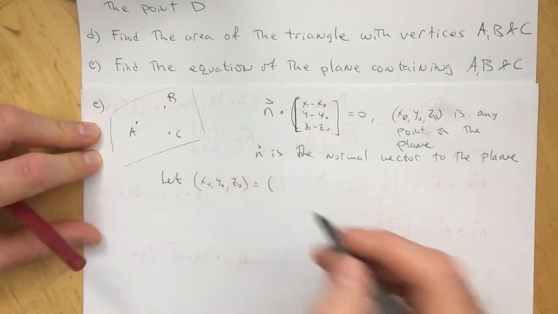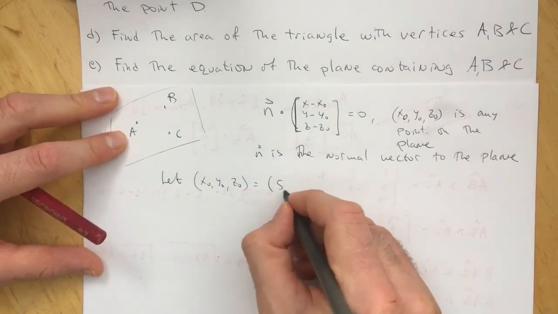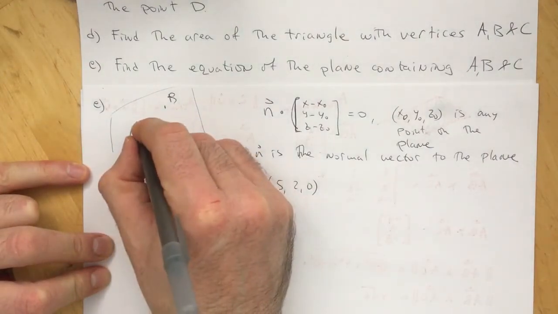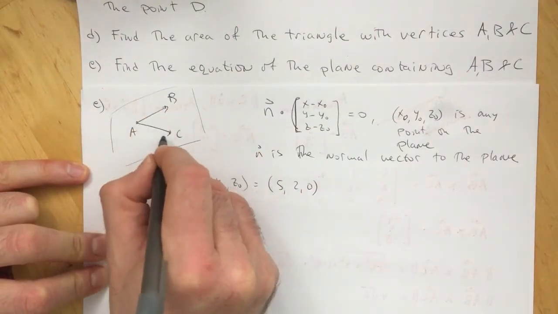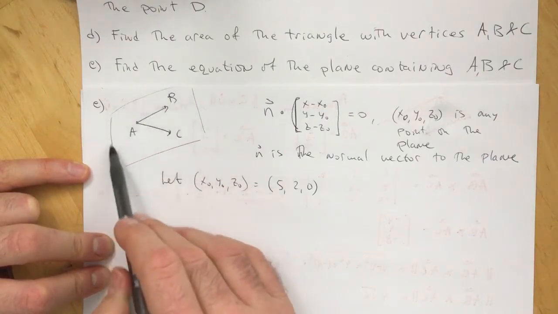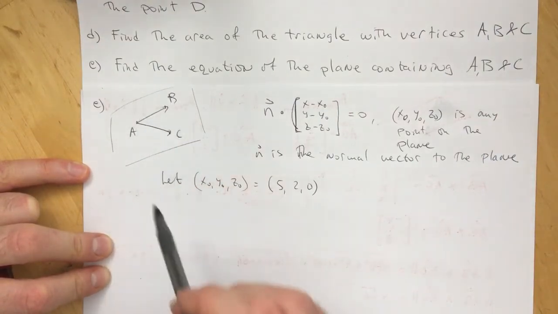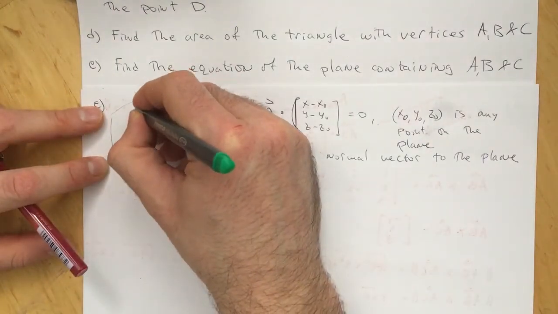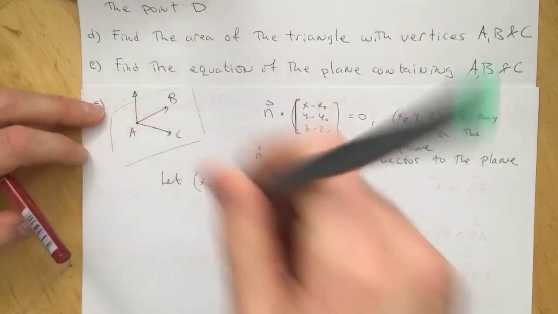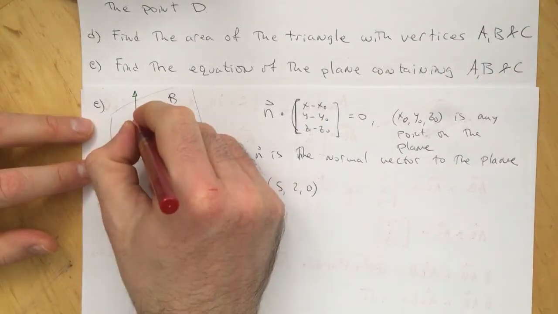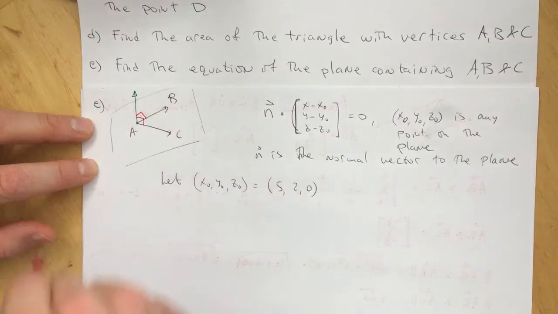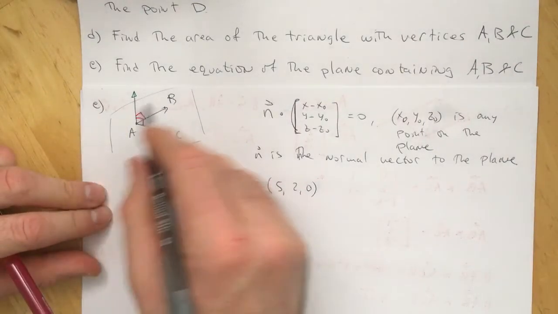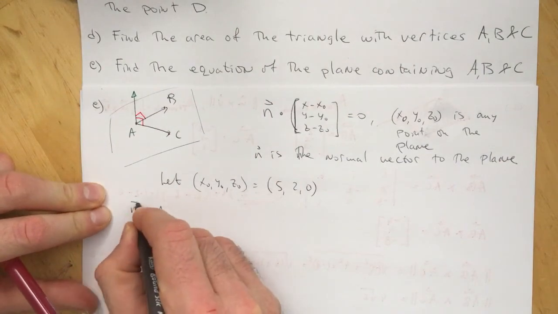Okay, so if we choose the point A for x naught, y naught, and z naught, it's just the point A, which was given by 5, 2, 0. And now we have to find the normal vector. Well, if A, B, and C lie on this plane, then the vectors AB and AC lie on this plane, right? The cross product gives you a vector that's orthogonal to every single vector on the plane. So if we find the cross product of AB and AC,